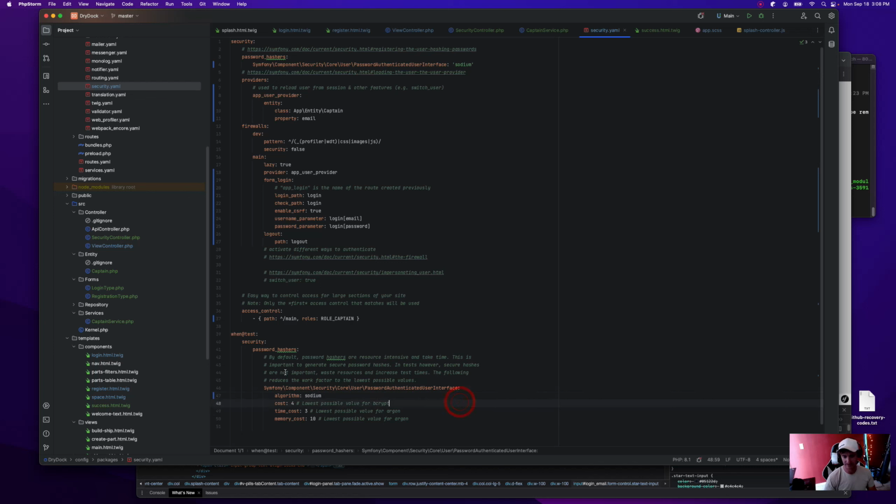Hopefully this won't give us any errors, but Sodium in Symfony is going to use Argon2. You don't want to use bcrypt, you want to use Argon2. So Sodium is the way to go, and we're probably going to want to adjust some of these things. Some of this stuff might be a little slow. We'll see what happens.